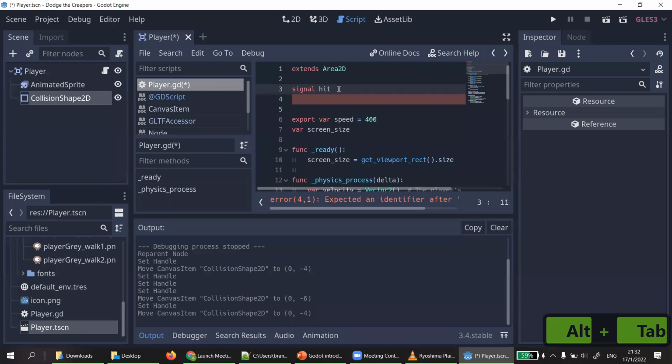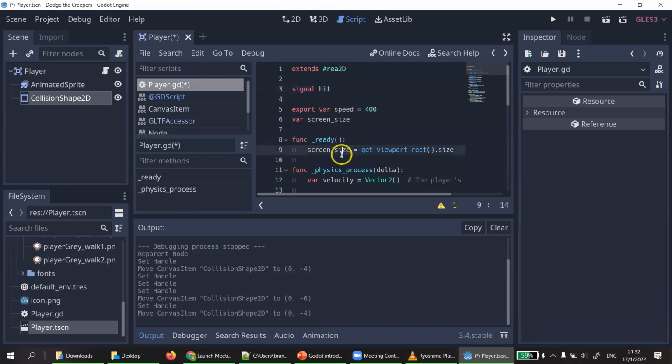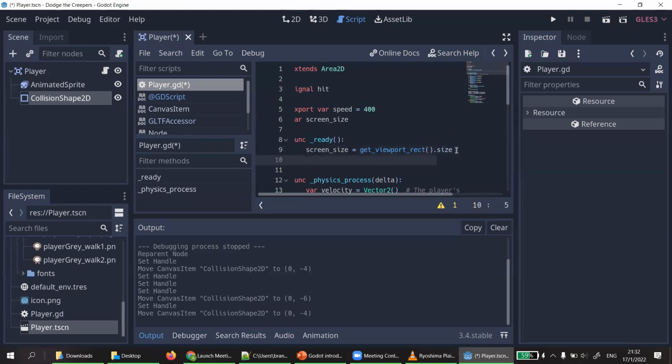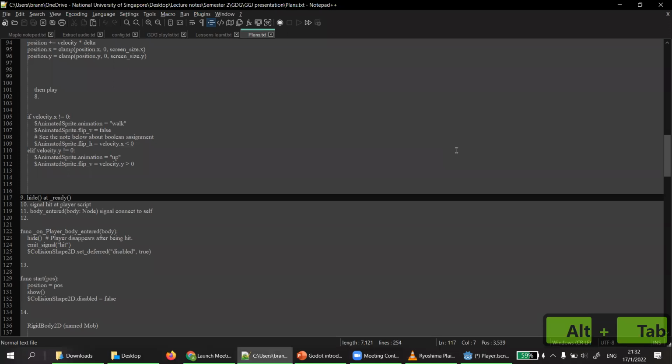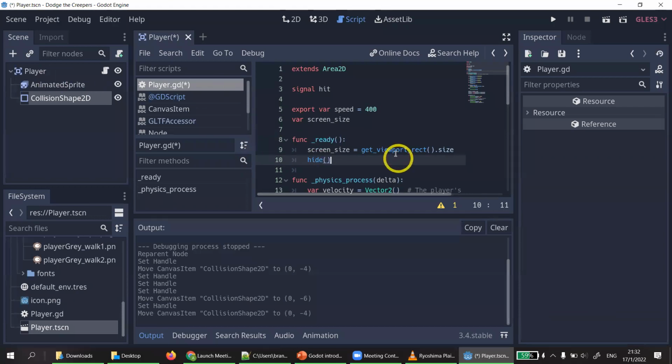Okay, so do create it at the top of the scene. Also, under your ready, you want to add another line called hide. So what does this do? Hide basically makes sure that your player is unseen until the node is ready, and then afterwards it will show itself. Okay. So with the signal hit,